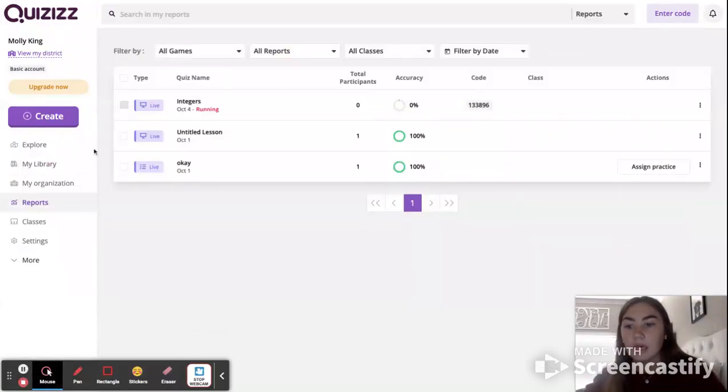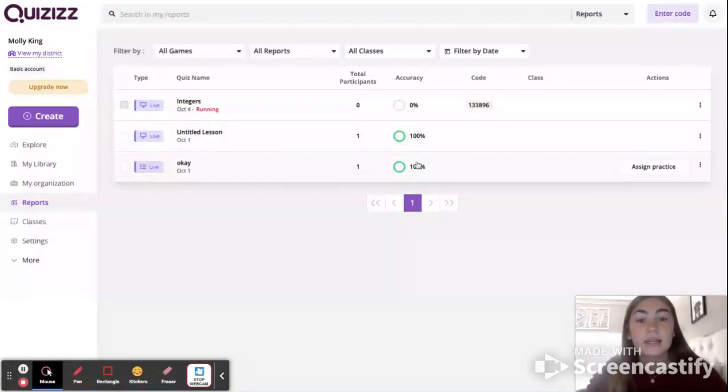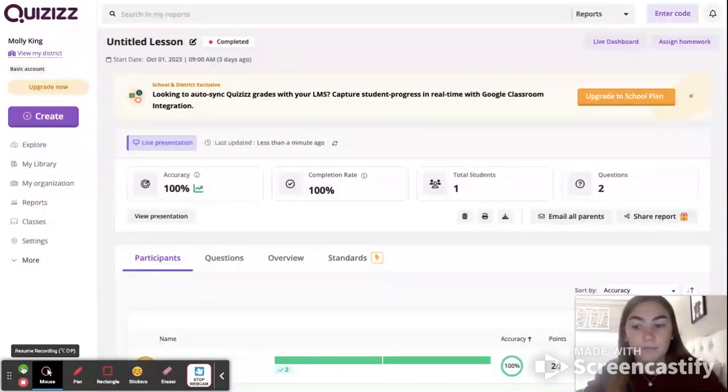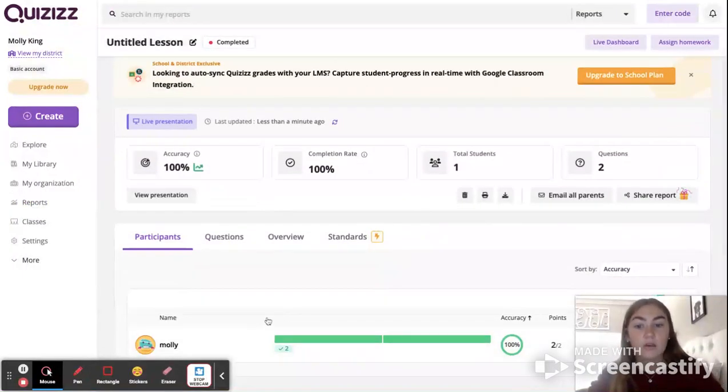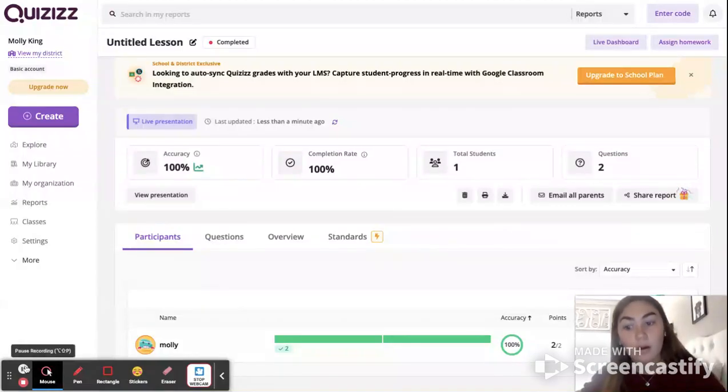If you go down to this report thing, you can go to any of the lessons that you've done and see how many students have completed it, and you can click into it and see the accuracy of your class, and you can go more into it and see what students had more trouble on and what you can reteach, or you can see what they did really, really well on. I think that pretty much sums up